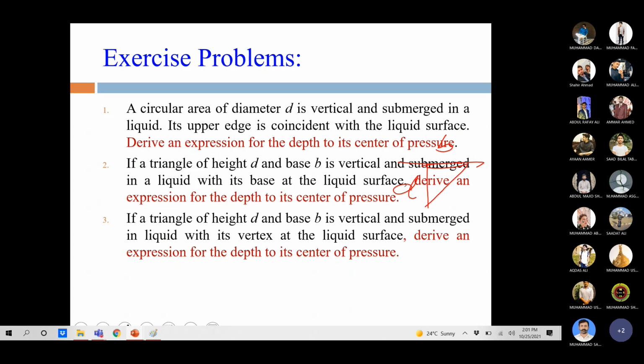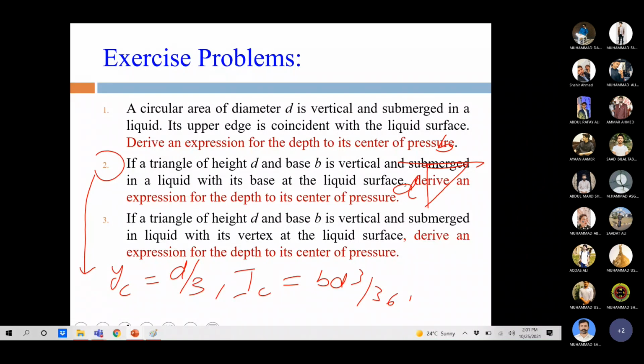So here YC for figure 2 would be D by 3, and IC would be BD cube by 36, and area would be BD divided by 2. Okay, so you can put all the values in the formula of YP and find it. Okay, so third one is